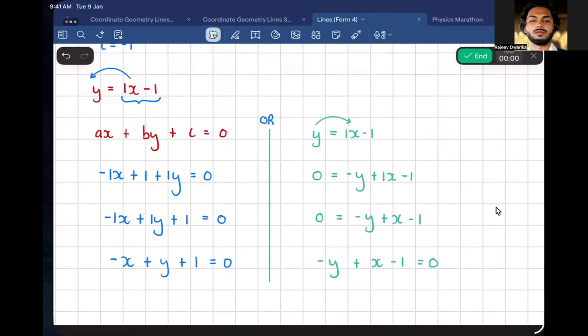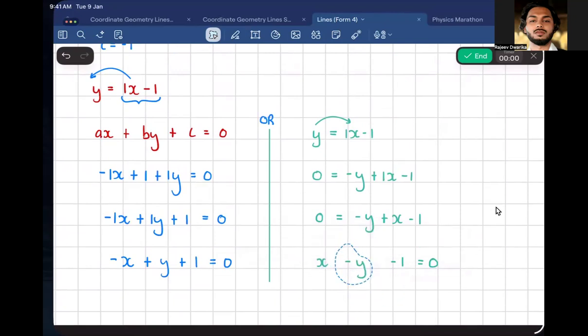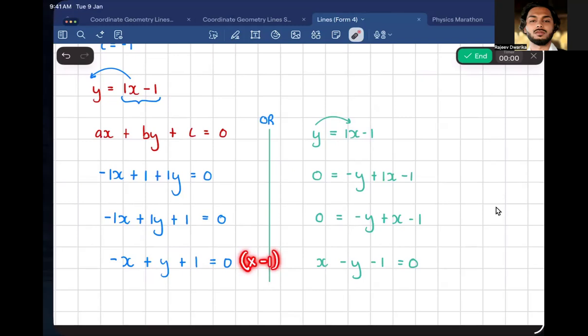If I want to put this in the form that they're asking, I would put the x here. So I'd say x minus y minus 1. So let me explain something, right, Ria? Check this. If I were to take this answer and multiply throughout by negative 1, what would happen? Let's see. Ria, what is minus 1x by minus 1? Negative 1 by negative 1,